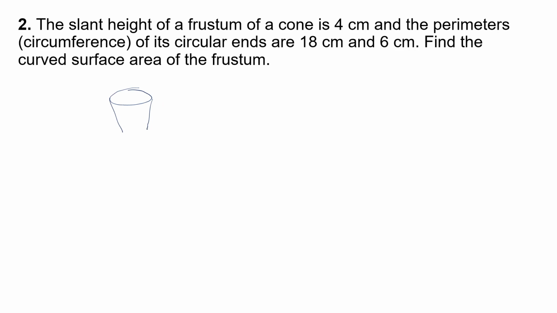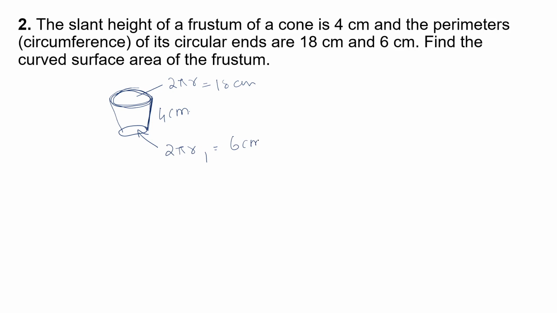Slant height of a frustum of a cone. Slant height means this side is 4 centimeter, and the perimeter of the circumferences of the circular ends is given. So this is a circle. What is the perimeter of a circle? 2 pi r. 2 pi r is given as 18 centimeter